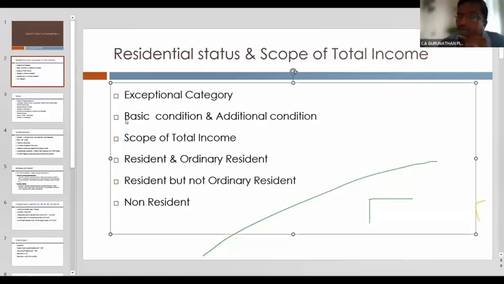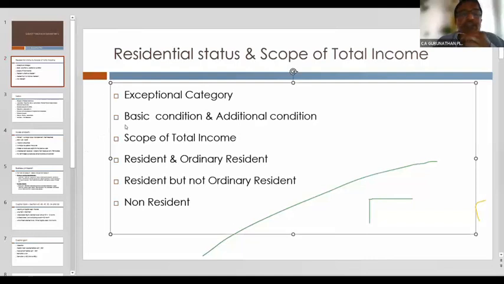Now, which previous year are you studying for? For the year 2021-22. That means my previous year starts from 1st April 2021 and ends on 31st March 2022. This is your previous year. So when your previous year ends, automatically your assessment year starts. So previous year is 2021-22, and the assessment year becomes 2022-23. So all the amendments and notifications that have come in this particular year, you are supposed to keep that concept in mind.